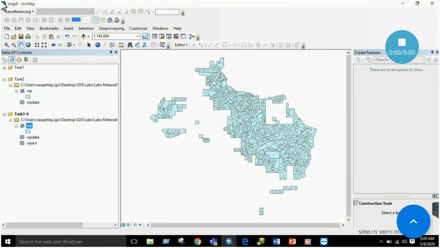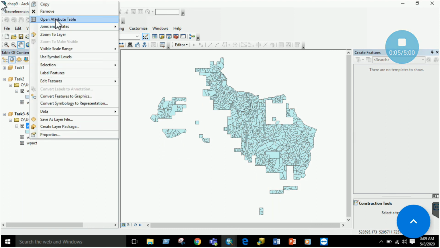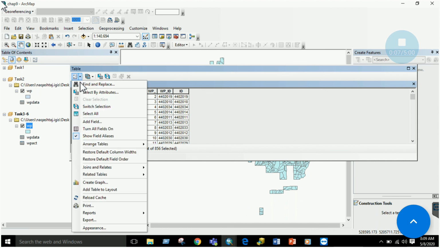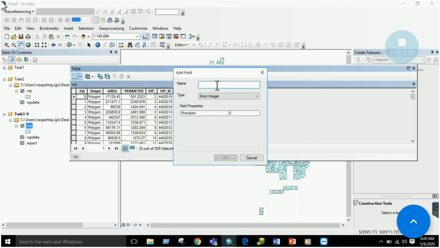Okay, the next task, that is task 6. What you have to do is go to the attribute table of the WP file and add a field here named acres, select the type as float and click OK.